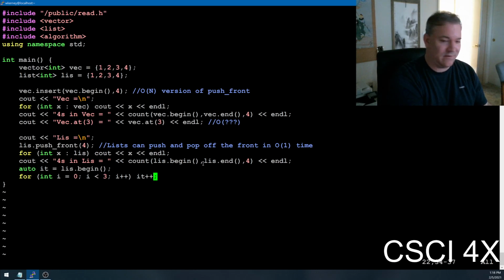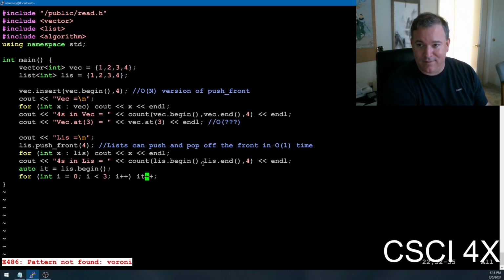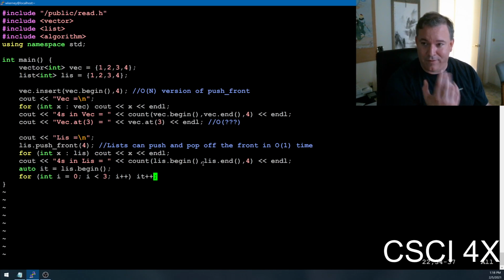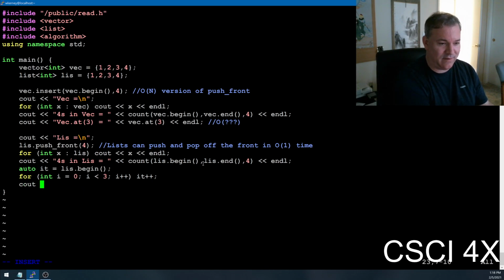And again, that's because they don't want to hide a slowdown, right? They want you to be very clear. You are doing an order n operation, right? And there's find. You could use find to find it and stuff like that. But this will move the thing 3 elements to the right, and then we can see out